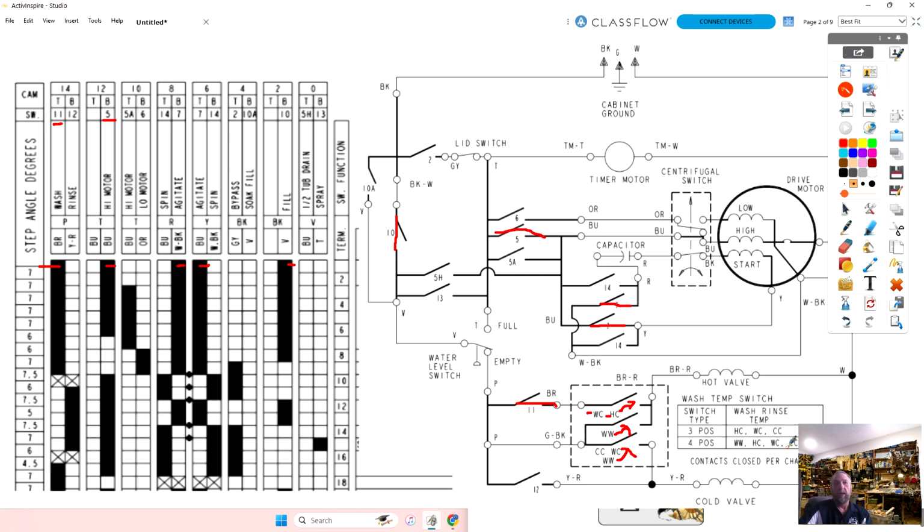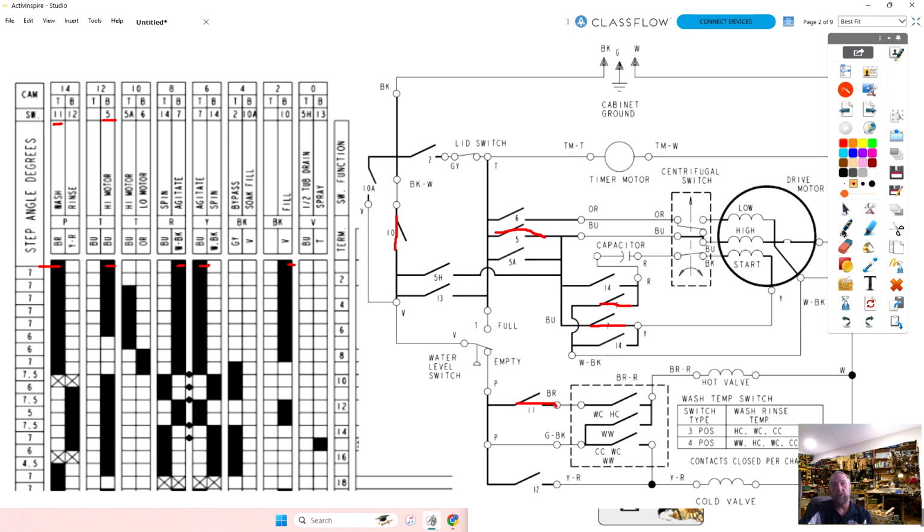That means if a customer chose hot cold, where the wash cycle is going to be hot water but the rinse is going to be cold, any one of these that have an HC would be closed, and that was only the top one. So if we were on cold, cold, which switches would be closed in this temperature selector switch? Just the bottom one, because it's the only one that has cold, cold. This one doesn't have it, and this one doesn't have it. So this is the only one closed. Let me erase this for a second.